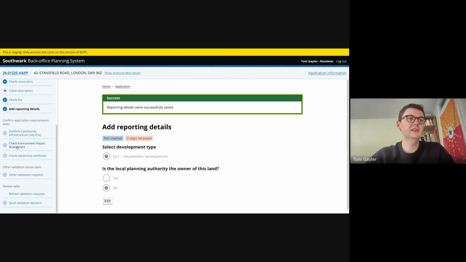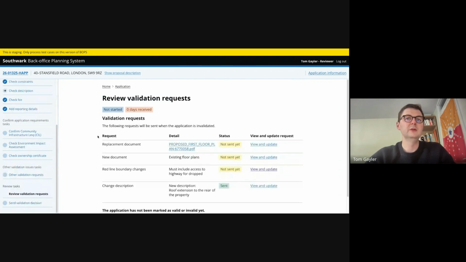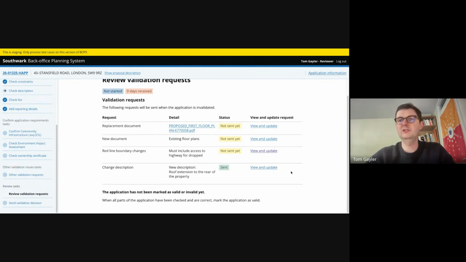There are further checks for SIL, environmental impact statements, and ownership certificates that I'm not going to look at. And then we can have a look. So we've got description changes, because they aren't related to an issue that can be made invalid or valid for an application. Those are sent directly to the